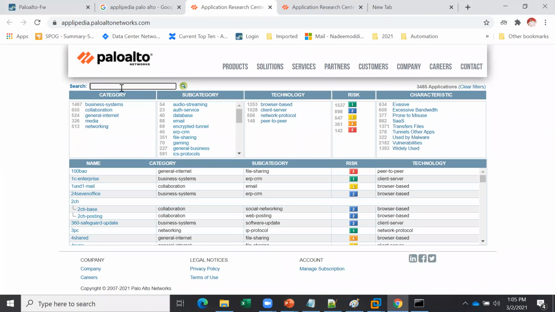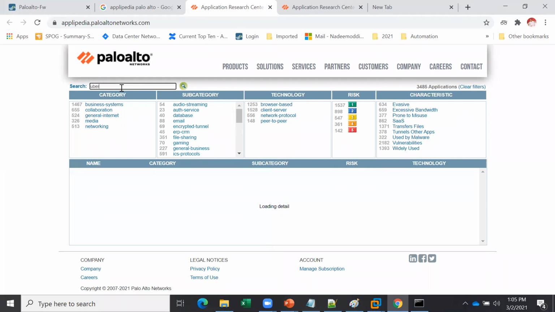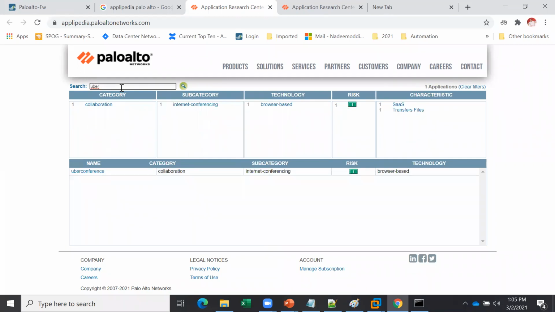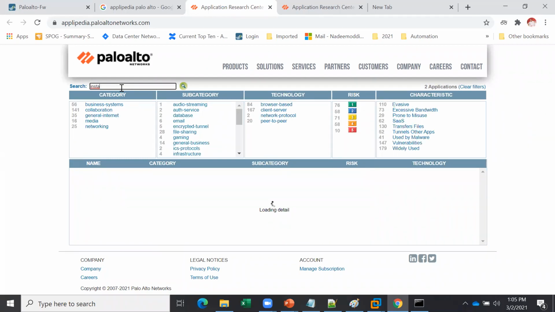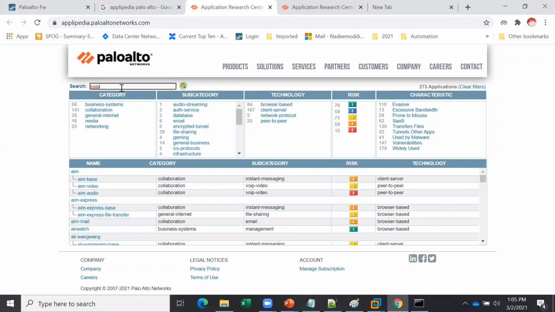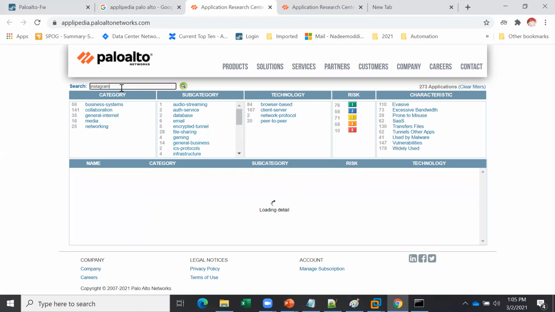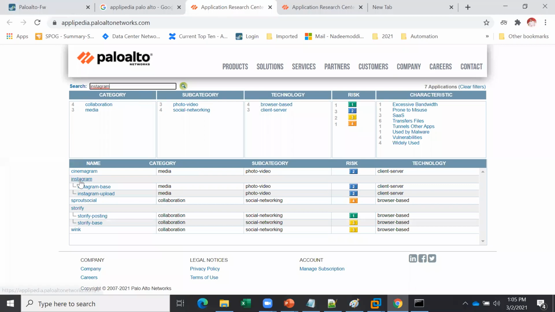Let's say tomorrow, let's check if Uber is there. No. Let's say something called Instagram. Okay, can you see Instagram?